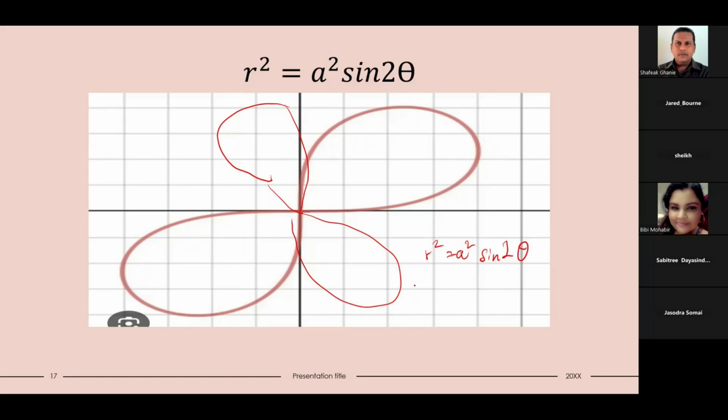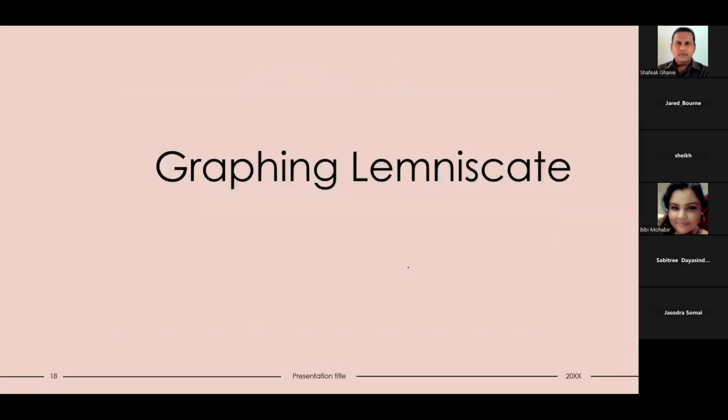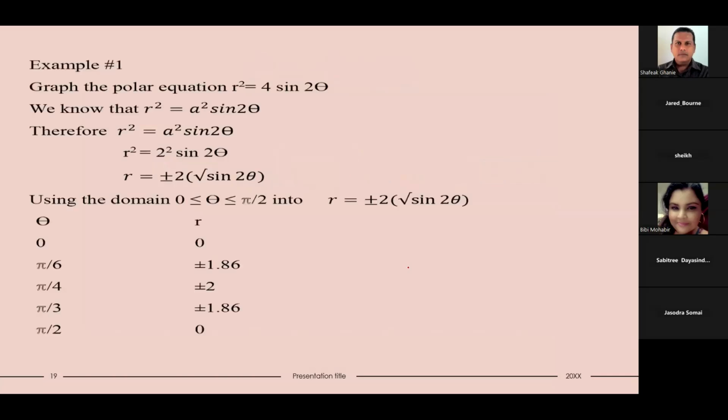Now, I could take you to the graphing of the equation. Next slide. So we have here, graph the polar equation r squared is equal to 4 sine 2 theta. As it is here, the equation has r squared, so we need to make it r. What we do is square root both sides and we will have r is equal to plus or minus the square root of